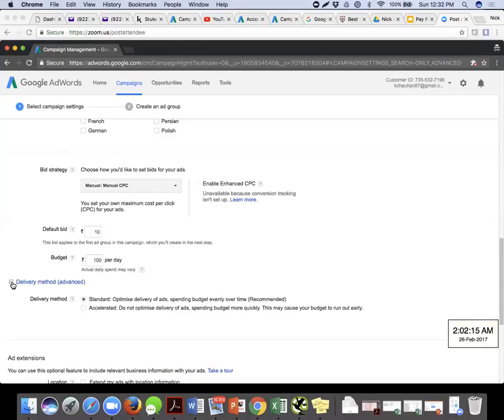Lower budget in the sense that it might get exhausted within half an hour. It starts at 12 midnight, and within half an hour I get 20 clicks, my budget is over, and my ad will stop then and there for the remaining 23 hours and 15 minutes. Because this is a daily budget, every single day my 100 rupees will be there, which will keep getting used for showing my ad and so forth.